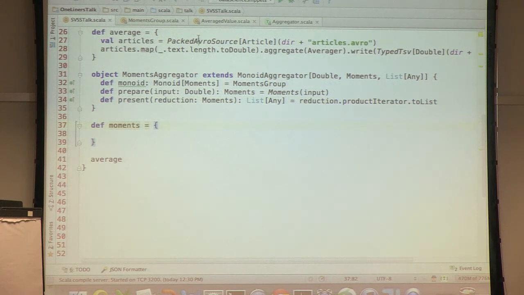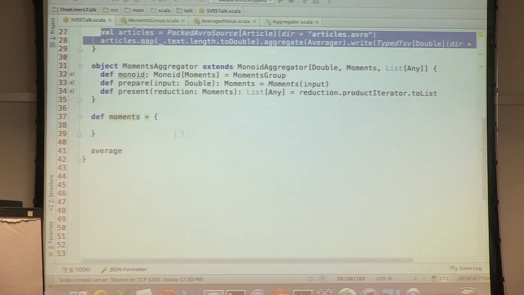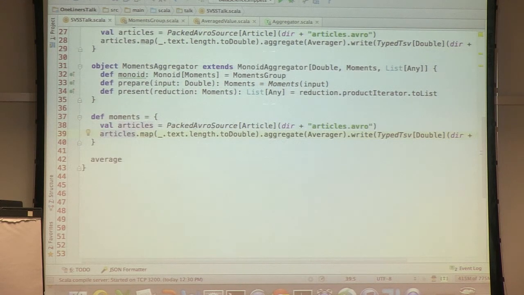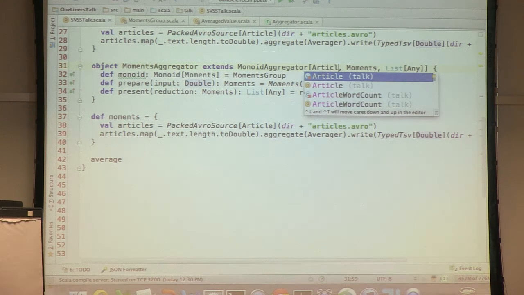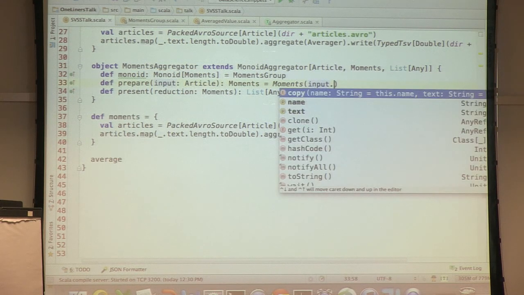And now the code to produce this data is again very, very similar. Now that we have this moments aggregator defined, again, we read the articles, we transform it into doubles, because we actually don't have to transform it into doubles. One other thing we could do here is just start the aggregator with an article and have it just return moments, and the same application, we can do it here, right?